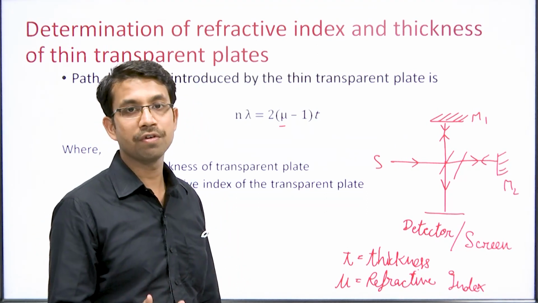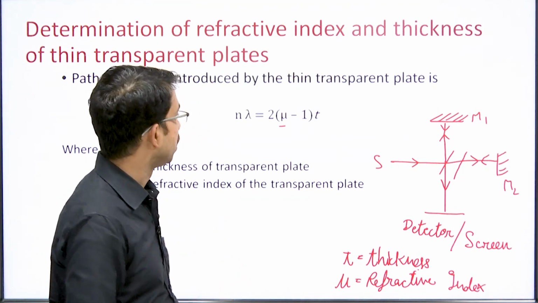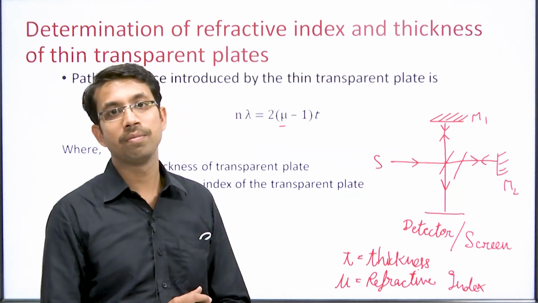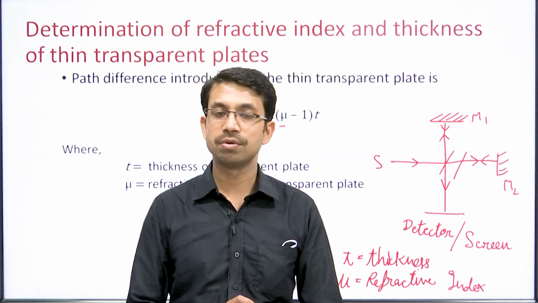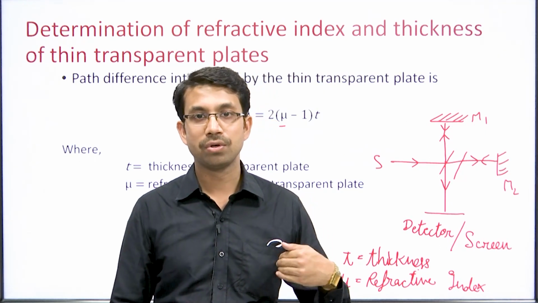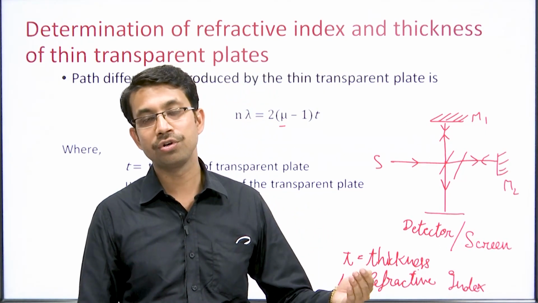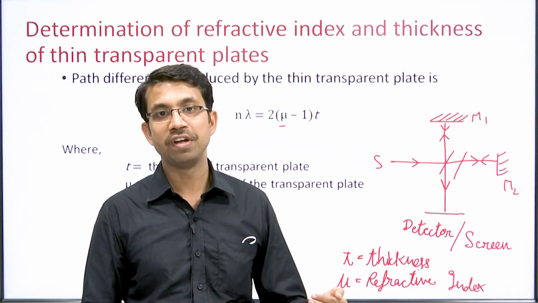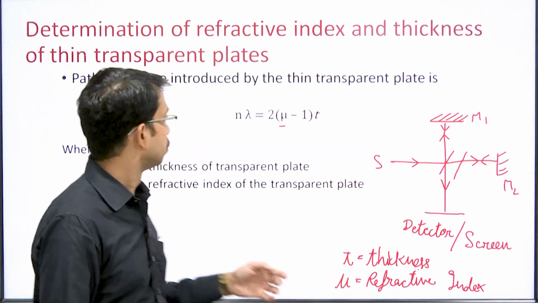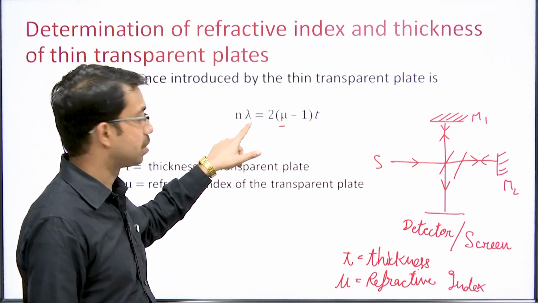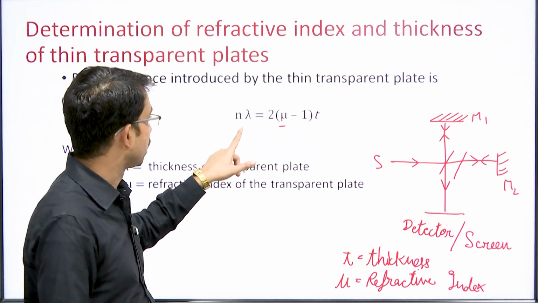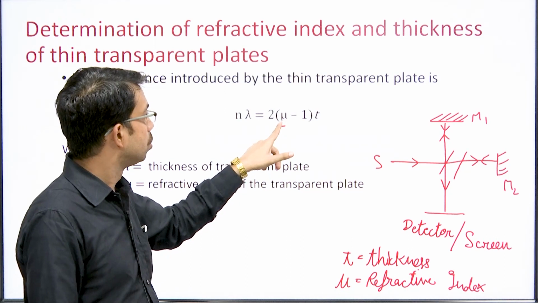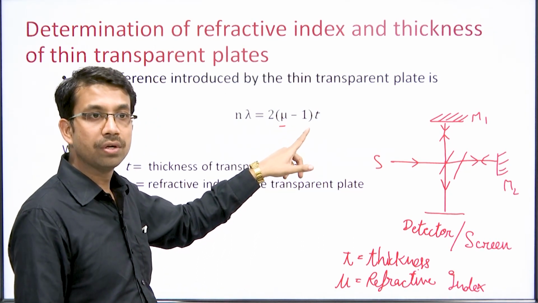This is equal to n lambda. This we have seen in the earlier lecture, 2d is equal to n lambda. The overall path difference introduced is equal to the number of fringe shifts into the wavelength of the monochromatic light. So, n lambda, the overall path difference, is equal to 2(mu minus 1)t,